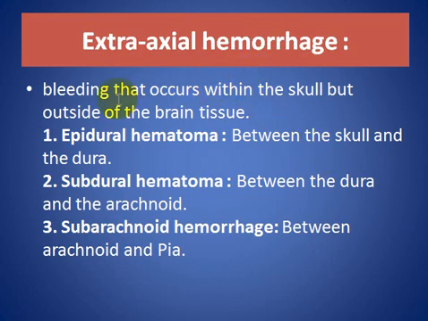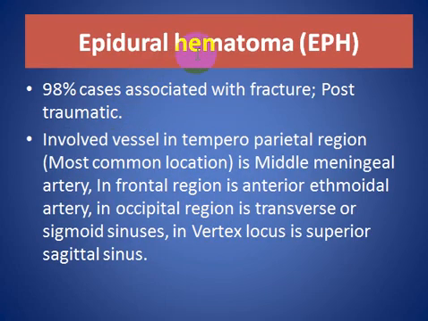Extra-axial hemorrhage: the bleeding occurs within the skull but outside the brain tissue. It can be in the epidural space, like epidural hematoma, in the subdural space, as in the subdural hematoma, and in the subarachnoid space. Epidural hematoma,